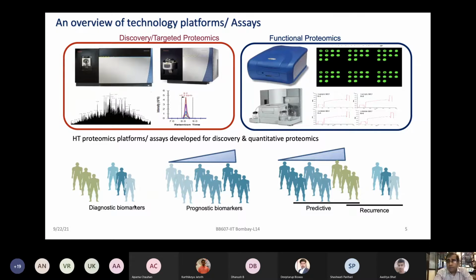This just gives you an idea of where you'd like to take your proteomic technologies forward, because finally all these are instruments and gadgets, right? But they should give you some meaningful, important hits like these proteins and peptides, which can be taken forward towards a diagnostic test, or it could also be towards a prognostic test.